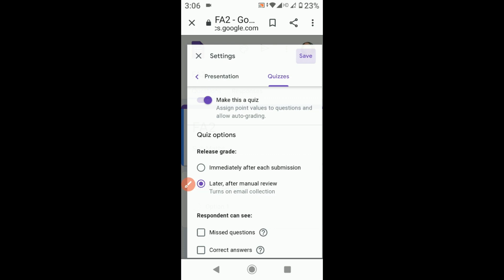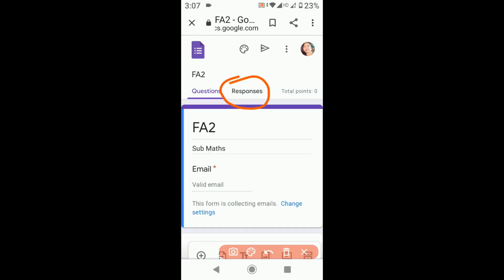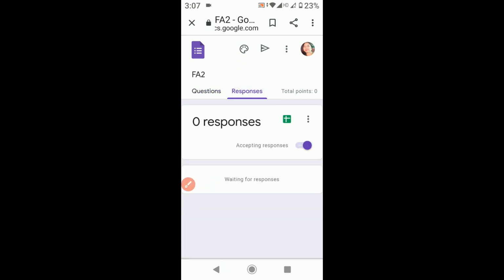Now you have to click on Responses. When you click on Responses, here a green button will be seen. This is for the Excel sheet.